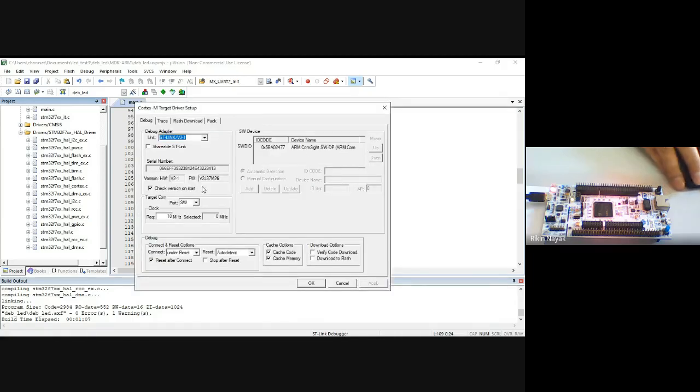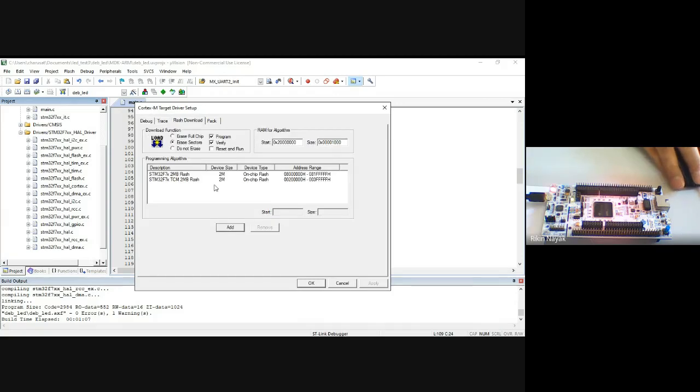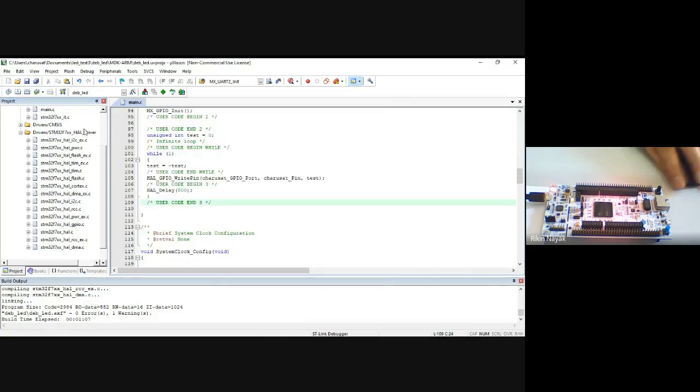So in settings you can see this is the device, and this device is connected with our PC. In flash download we will select this option, reset and run, simply. Now I can download this hex file on my targeted board.